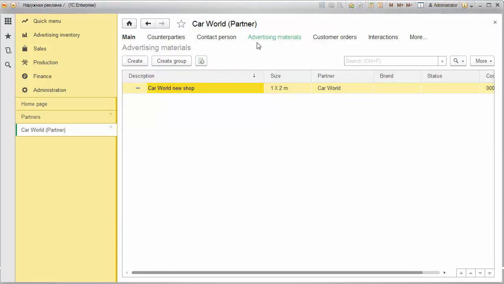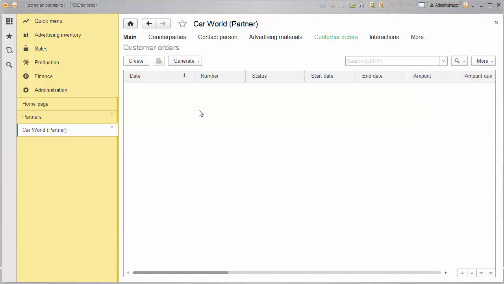So we have finished, and now we have one more step to make before moving on to making advertising placements. We need to create a customer order. Customer order is the starting point of all our placements, and it is the main document which we are going to work with. So let's create one